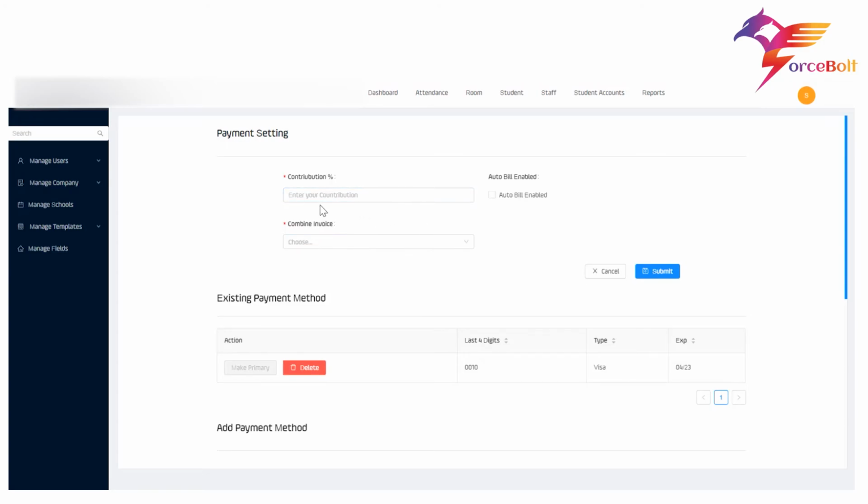Here is the payment setting like contribution percentage, and if I enable the auto bill, invoice payment will be automatically deducted from the Guardian's card.